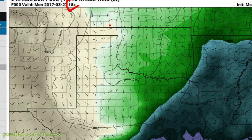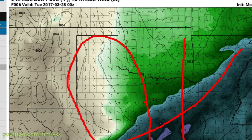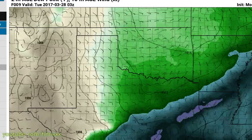So you can see we're starting this at 18Z. That's noon this afternoon. Yeah, 18Z, noon. That's the latest data we have. So there's the current data. You can see the front in place there. You can kind of see that deformation zone right in this region. So that kind of matches up good with the surface data. Starting to develop a return flow out over West Texas. And then for tomorrow,